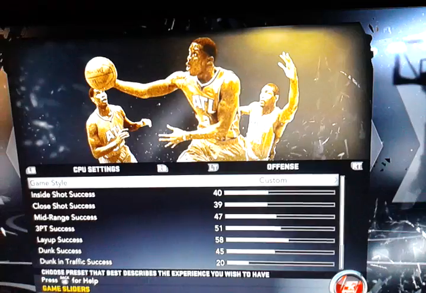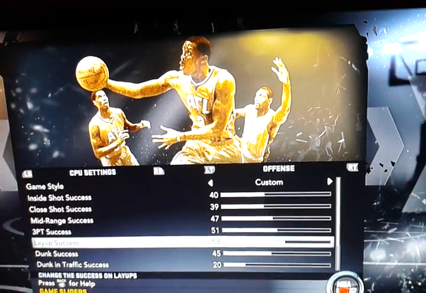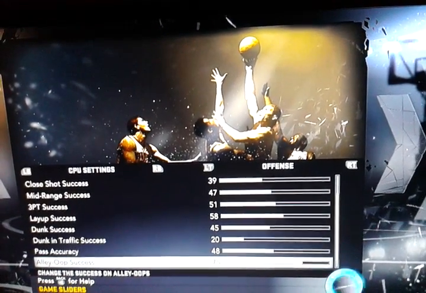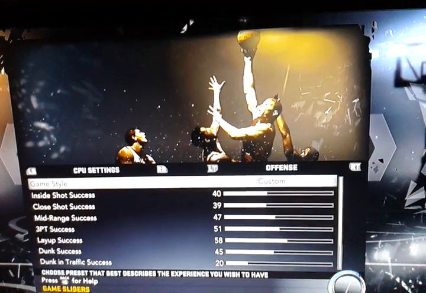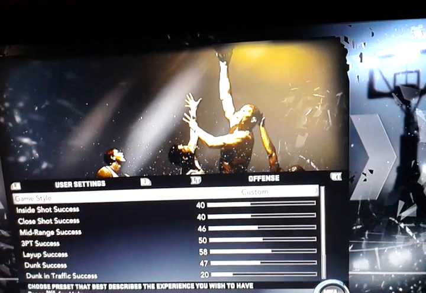That's the user side, and here's the CPU. I cranked their 3 up just a little bit because they weren't hitting too many. I want to have a good field goal percentage throughout the game, so that's why some of these sliders might seem a little low to you guys, but hey,